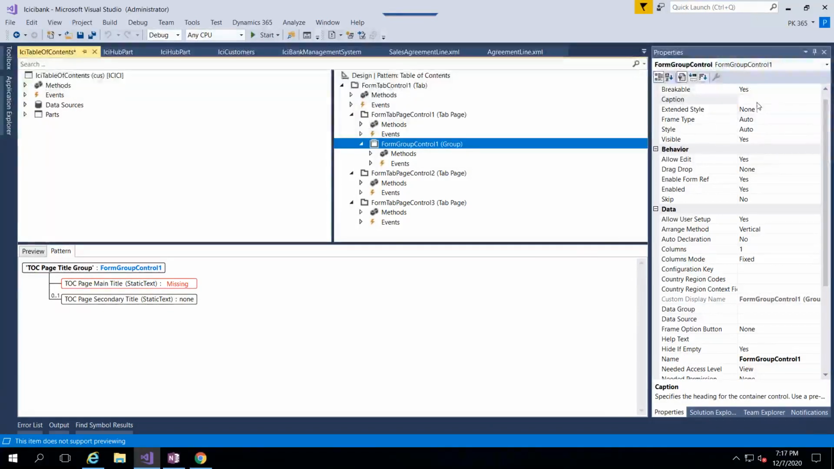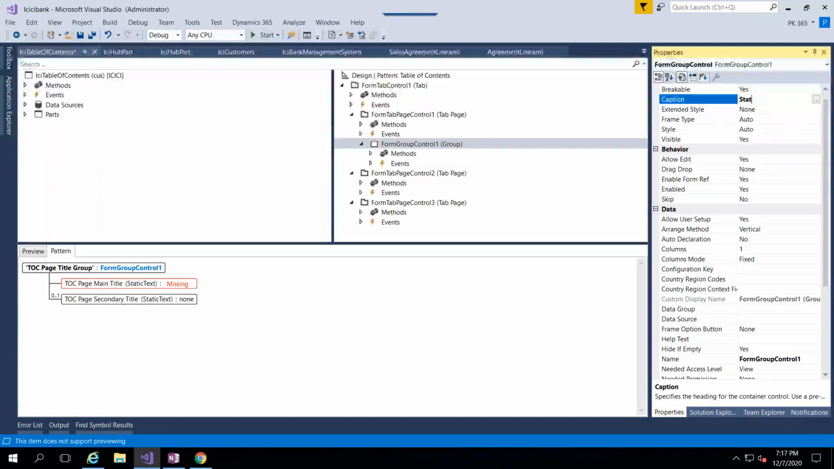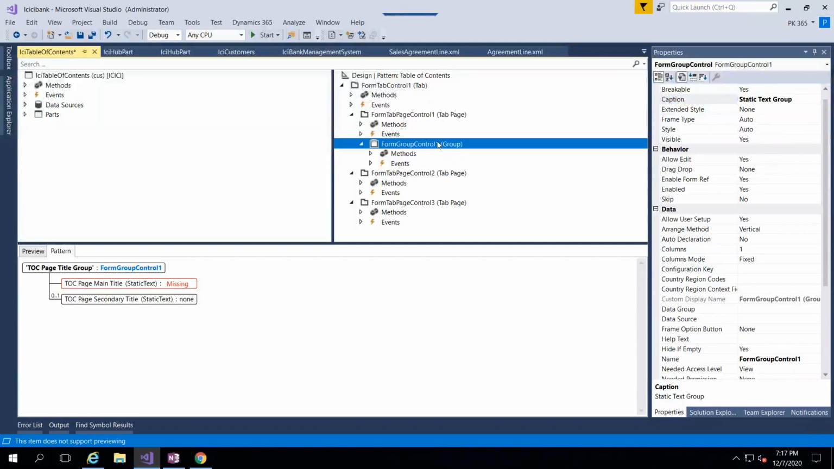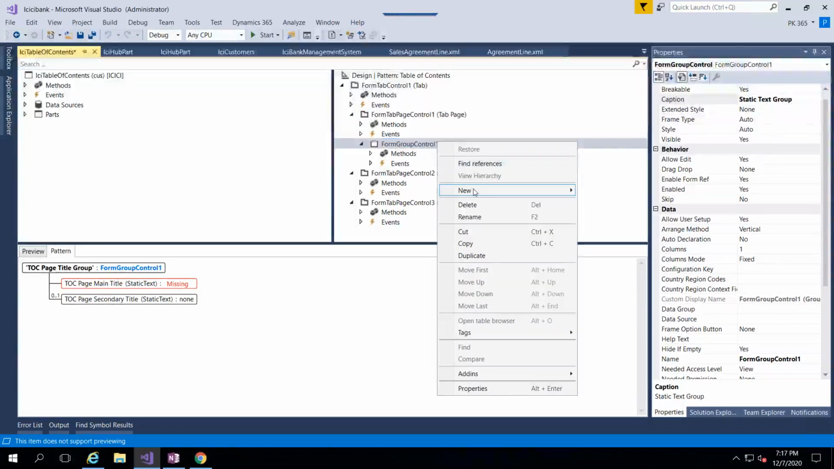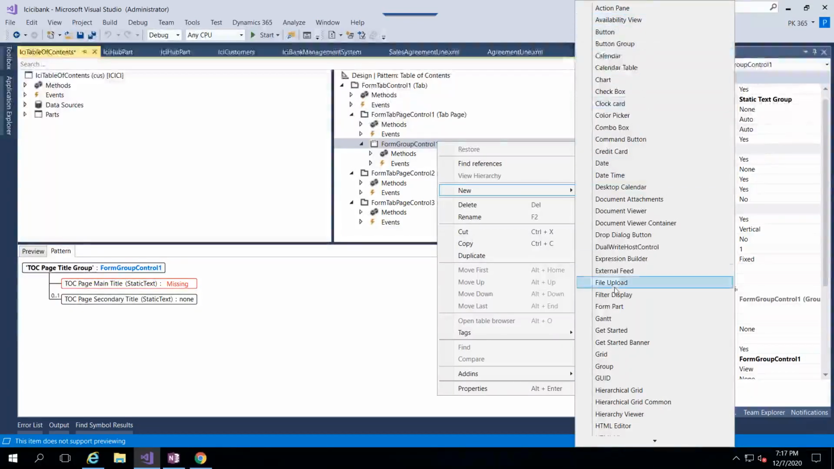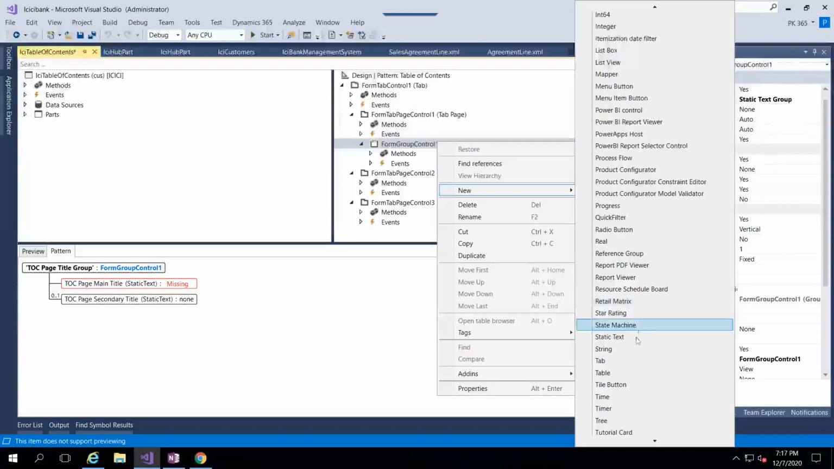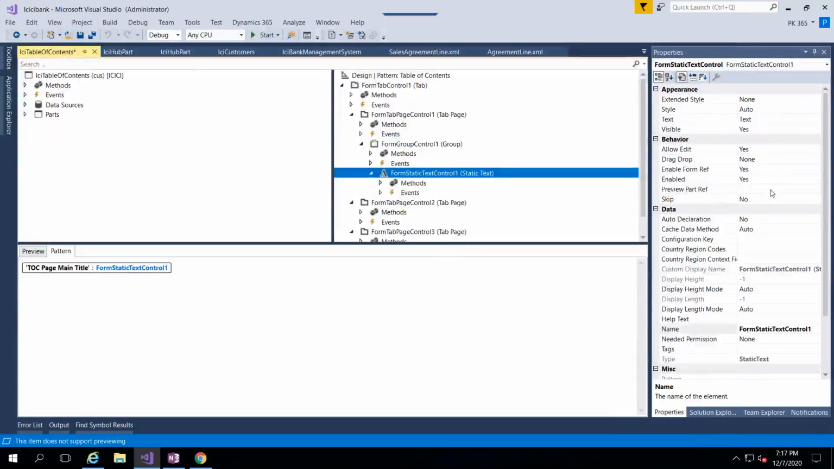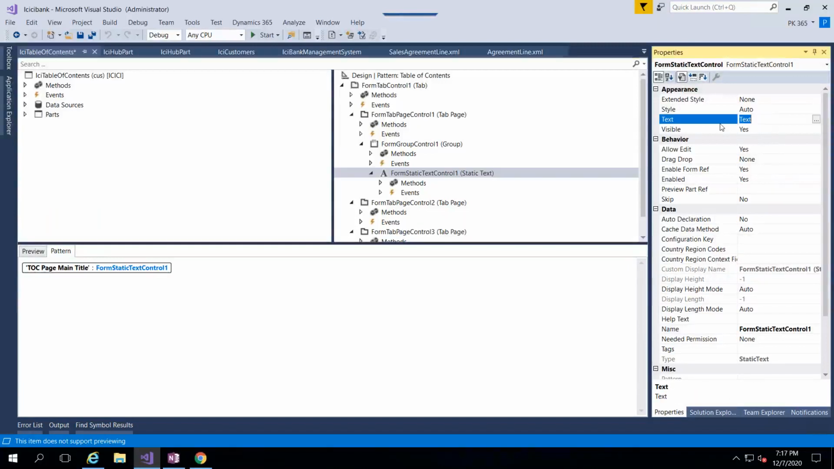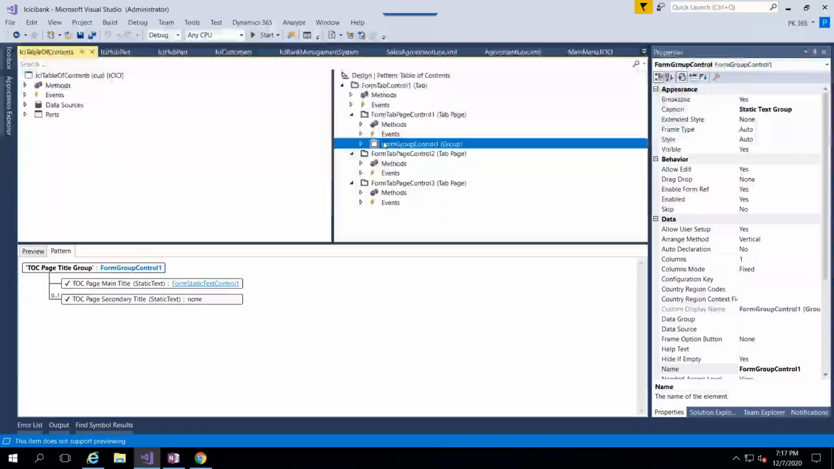What is static text? Okay, I'm calling static text group as the caption, and then if you want to display some content, a hard coded text which is not modifiable on the screen, then we are going to use a control called static text control. I will call this static text control so that you can see how it will appear. Okay, now this is done, and the next step,